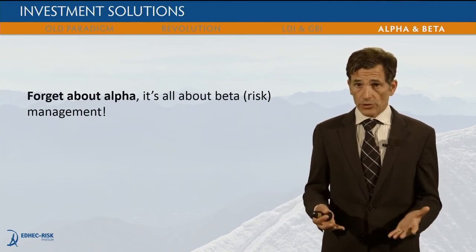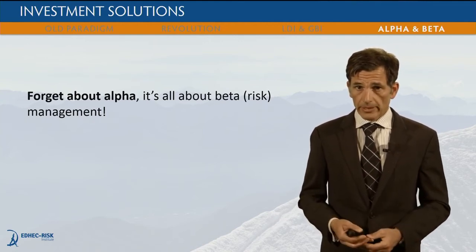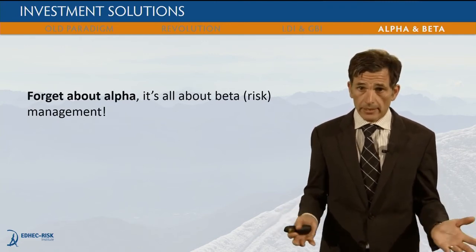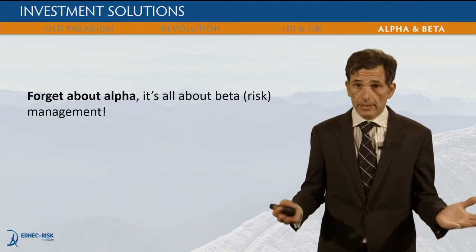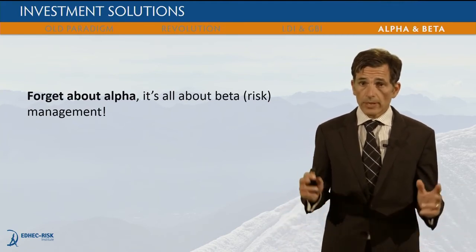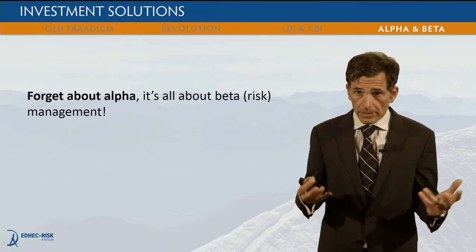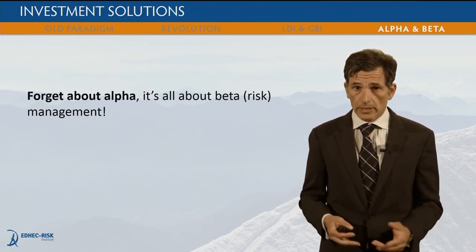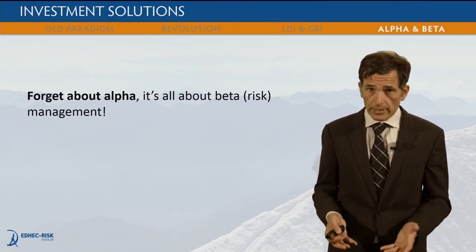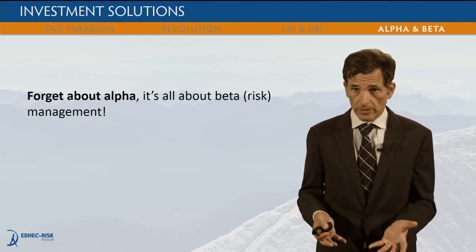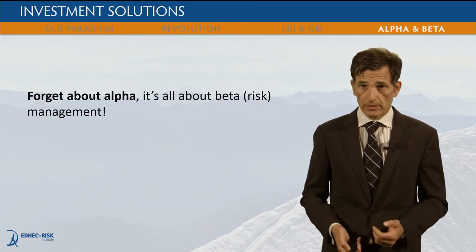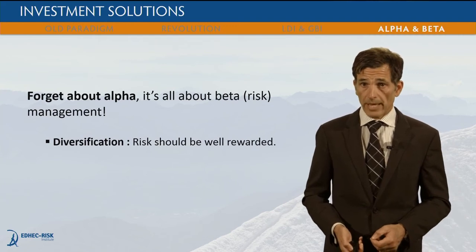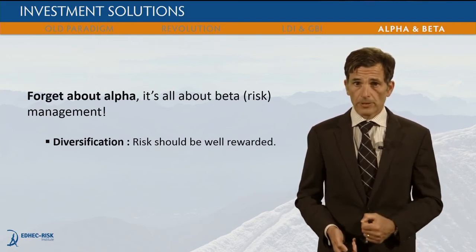The answer to this complex challenge has nothing to do with outperforming the markets. It has nothing to do with being smart. It has nothing to do with what we call alpha, anyone's ability to generate outperformance through security selection. This is mostly irrelevant. What's relevant is, in fact, risk management, also known as beta management. There are actually three forms of risk management that matter. The first form of risk management is diversification.